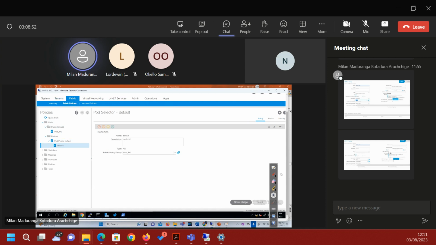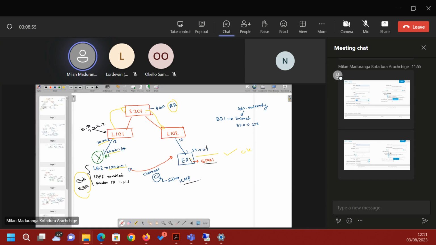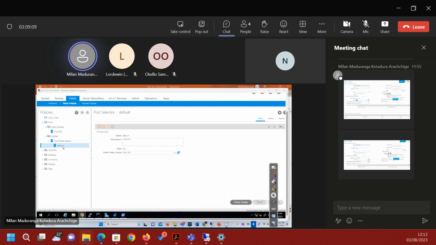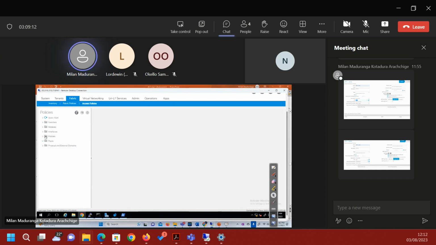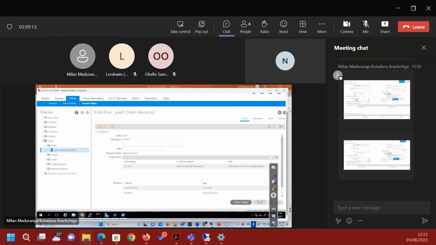Because now my purpose is I need to advertise this 55.0.0.0 network with the R1 external network, right? For that I need to go to the access policy,